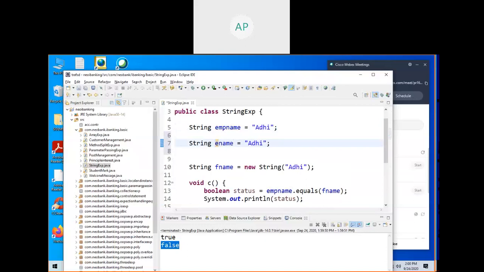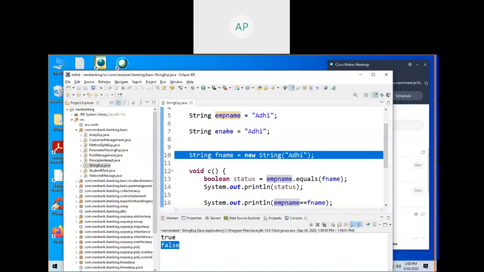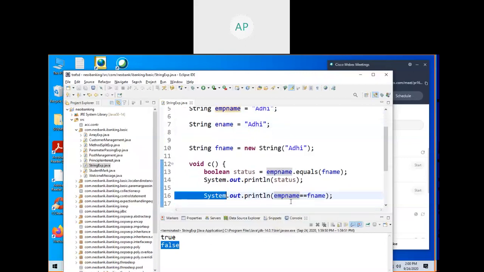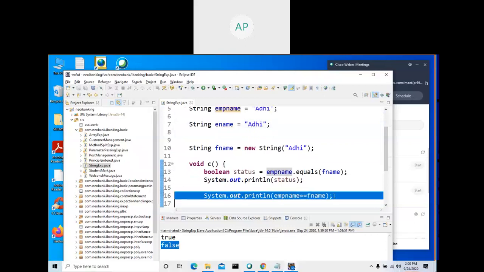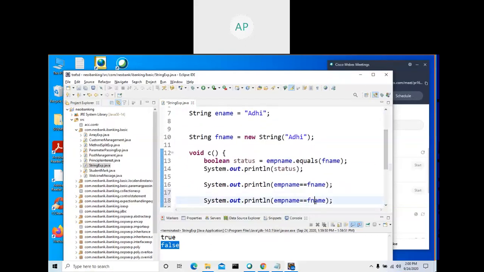But if I write another one, copy and paste, ename. Now what will happen if I compare this and this, emp here? That is the difference between creating this way and this way. See, this is very important, which I am explaining now.